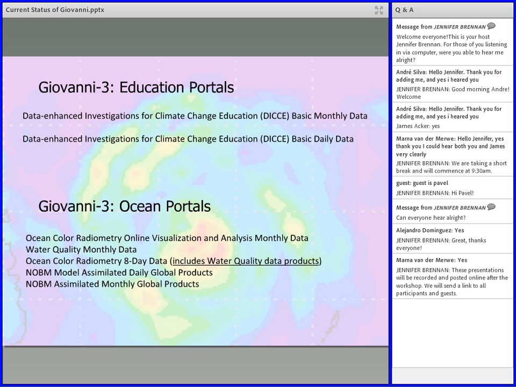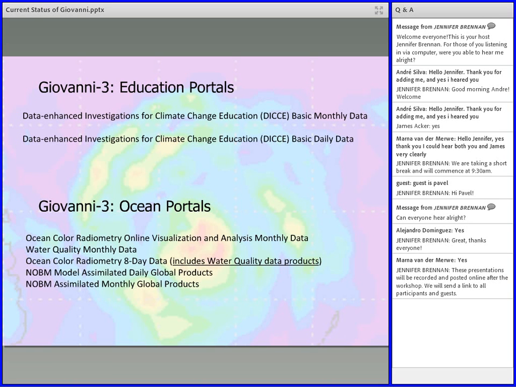It's a project that I'm doing right now, showing teachers that have built lesson plans using DICE as it is now, how you can do it in Giovanni 4 and potentially utilize some of the things that Giovanni 4 has to make your lessons even better. So that's something I'm working on.